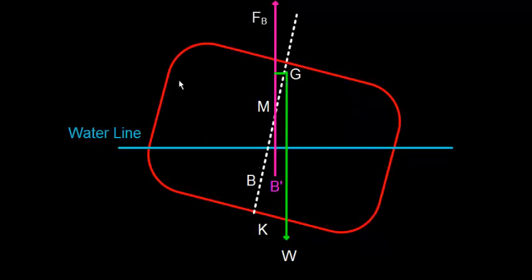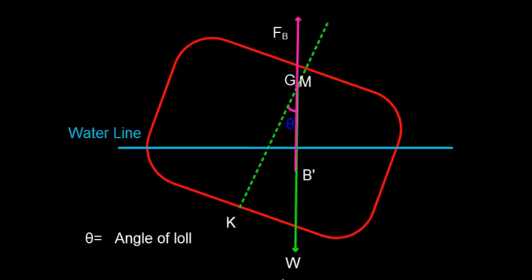So now let's see the effect. When the vessel heels further, it may happen that the center of buoyancy may come directly below the center of gravity, because this underwater volume has increased towards the heel side. That means the Km will increase and it will come to this level. The center of buoyancy will be here and the force of buoyancy will act from the new center of buoyancy. So this is called the angle of roll situation, where there is no capsizing lever, and the angle at which this happens is called the angle of roll.